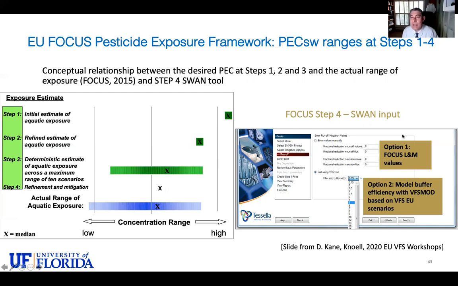For example, here you can see the interface of the European model. When you get into step 4, and you have this model, called SWAN, you have an option for mitigation. I don't know if you can read it, but essentially option 1 is fixed reduction coefficients, empirical coefficients, which have their limitations, and then also using the model VFSMOD. With that, you can select the size of the buffer from the edge of the field. Then you run your simulations and compare before and after how much water and how much chemical was coming without the buffer and with the buffer, and then you see if you can actually meet those thresholds of concern for different